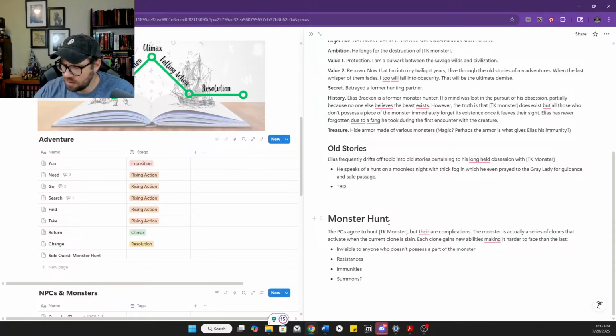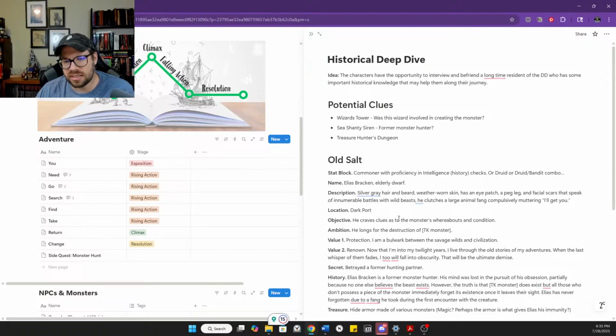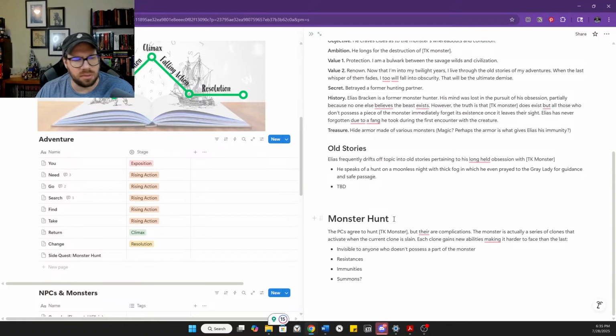Let's consider this. Let's tell you what, because some of the stat blocks here are going to be determined by the challenge rating for this particular quest, right? Because Elias is only going to come with them for this side quest, it's not like he's going to join the party perpetually.